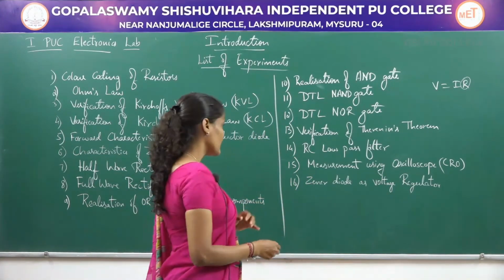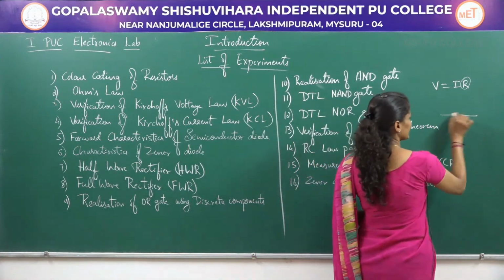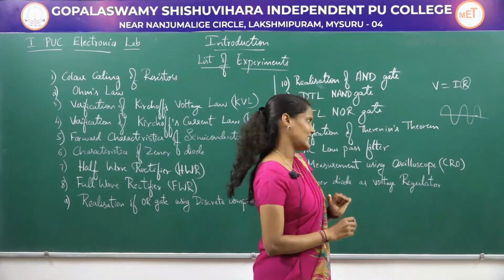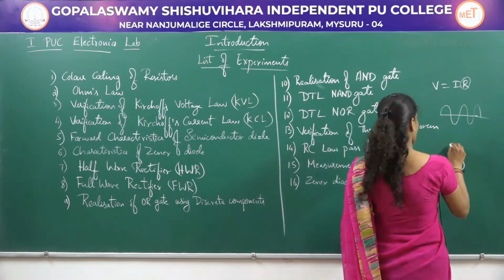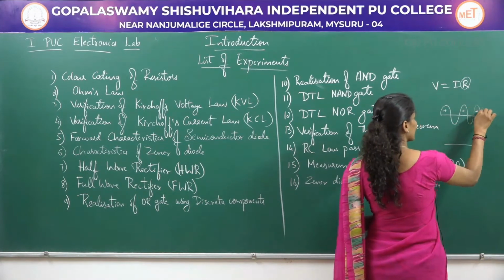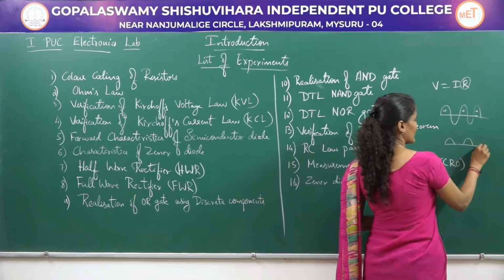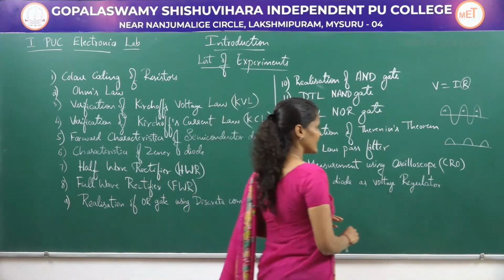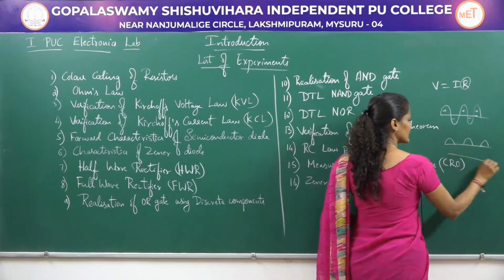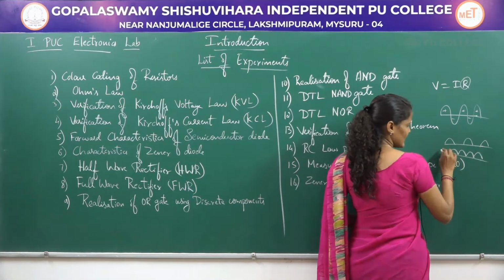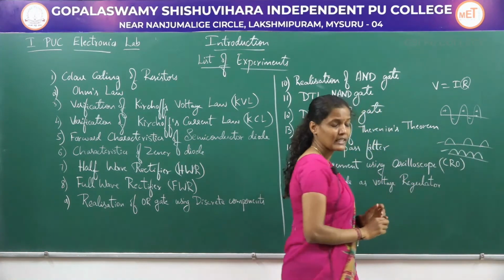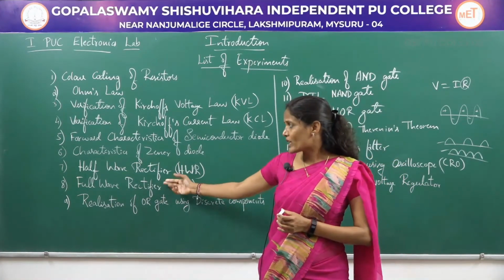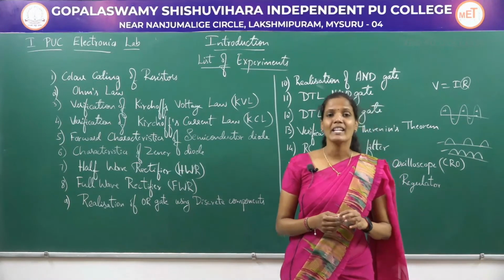So, half wave rectifier, in the sense, AC signals will be like this. It is a continuous waveform having both positive as well as negative half cycles. But in a half wave rectifier, only positive half cycles appear at the output. So, we are going to get a waveform like this. But in a full wave rectifier, even the negative half cycles will be converted into positive half cycles. So, this is a continuous signal, this is a discontinuous signal. We are going to study the difference between half wave rectifier and full wave rectifier in these two experiments, that is experiment number 7 and 8.